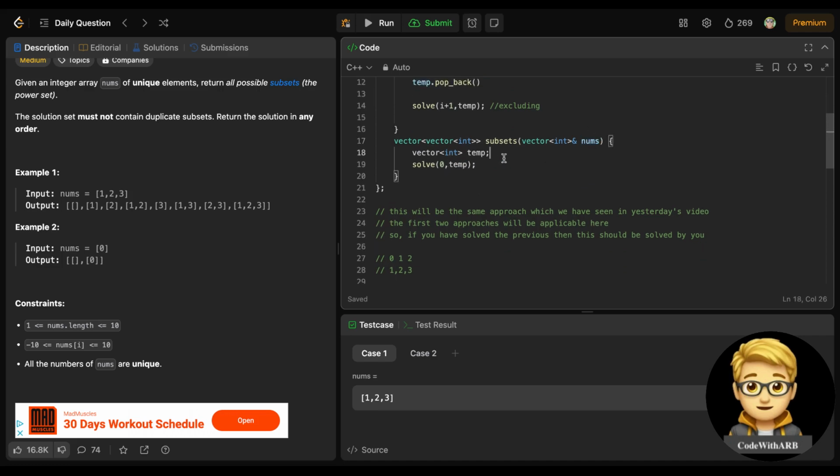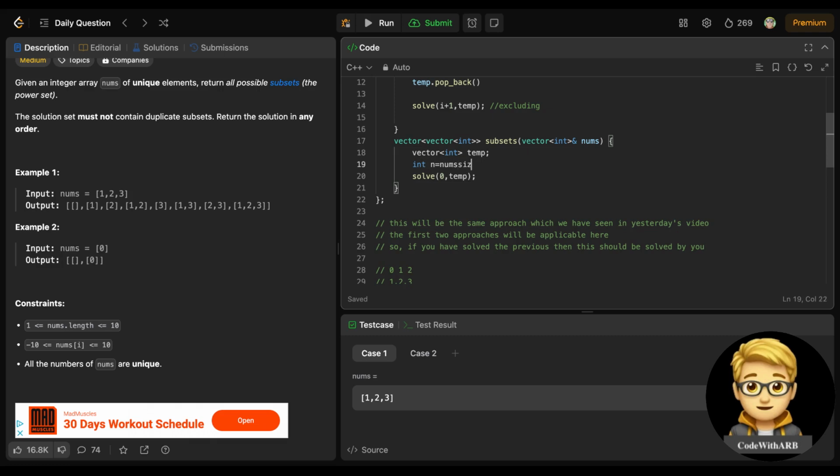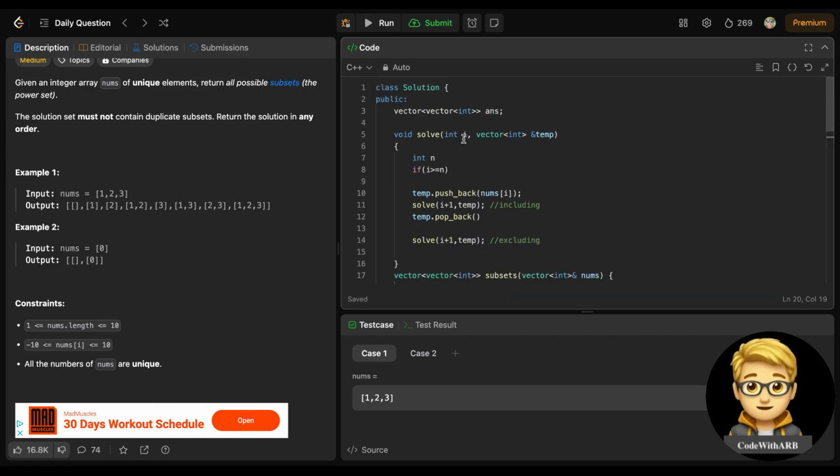So let's pass this n from here, and this should be also included here, or I can also make it global, but let's just pass it.